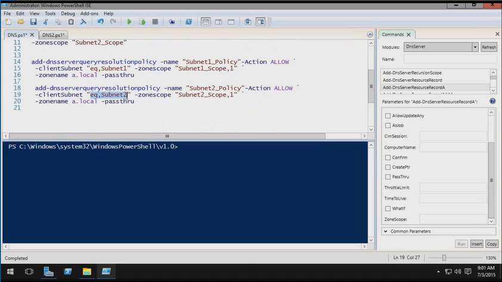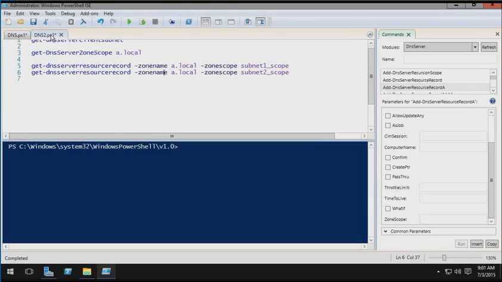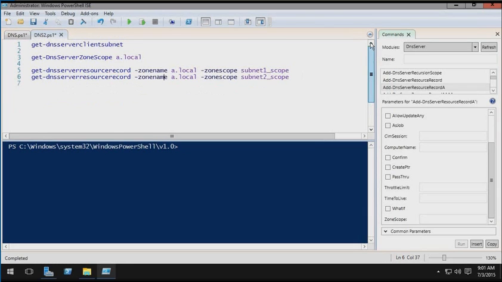What we're essentially saying is, for example, if a client's coming in through subnet 2 and issuing a DNS query, then we want to use any A records, based on what they're querying, that are tied to subnet2_scope. Now, once this has been done, we can check our work with a number of PowerShell commandlets, because